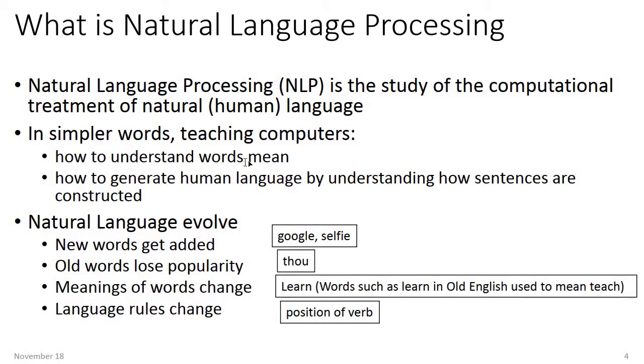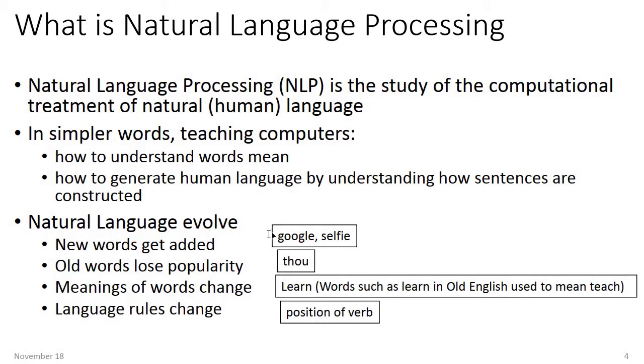Okay, so, apa maksud NLP? How to understand what mean, how to generate human language by understanding how sentences are constructed. First dulu adalah to understand what means, and then daripada situ next generation of NLP, macam mana kita nak generate human language by understanding how sentences are constructed. Kalau tengok sekarang siapa yang pakai iPhone, dia ada Siri. Siri may ask a question to you. Dia dah boleh tanya soalan. How the computer can construct a very good sentences to human. So itu under NLP.